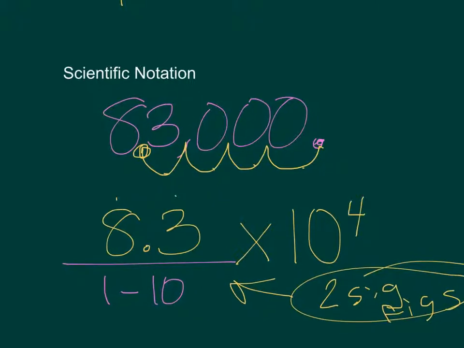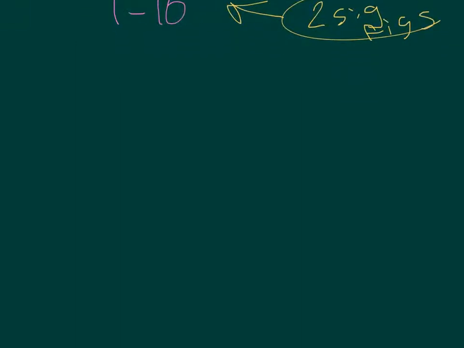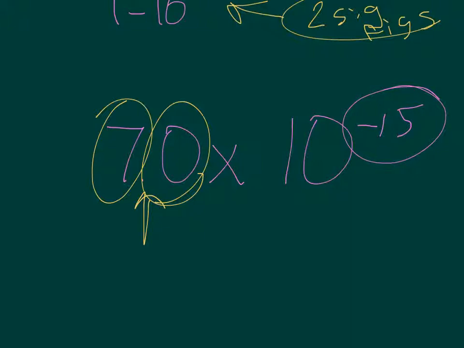Let's look at another example here. I could have like 7.0 times maybe 10 to the negative 15. So this, because it's to the negative 15, would be a really small number. But how many significant figures would I have here? Well, I have a non-zero digit, so that's going to be significant. I have a trailing 0 and a decimal present, so I would have 2 significant figures or 2 sig figs